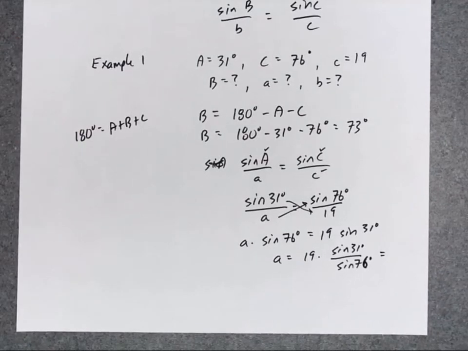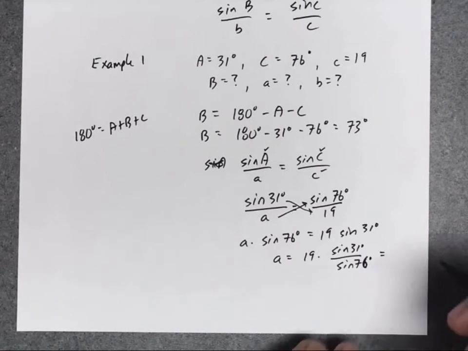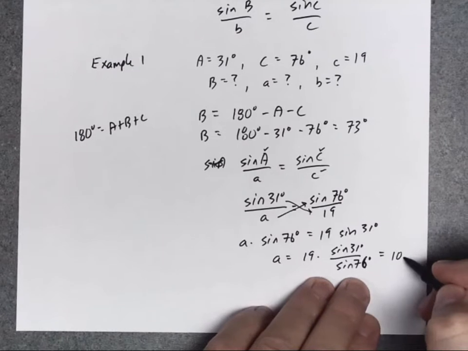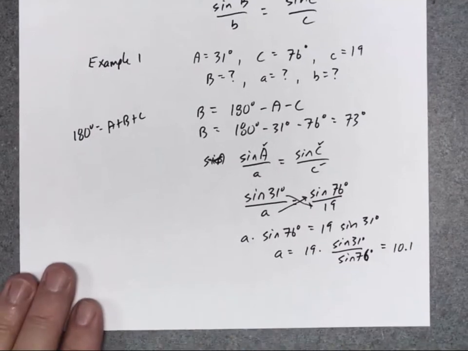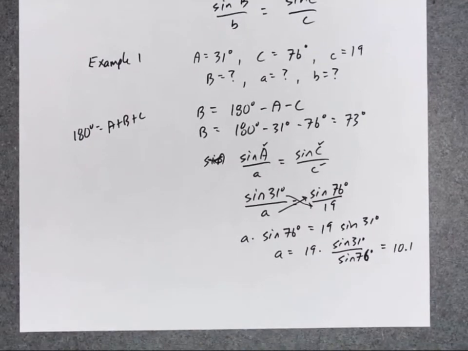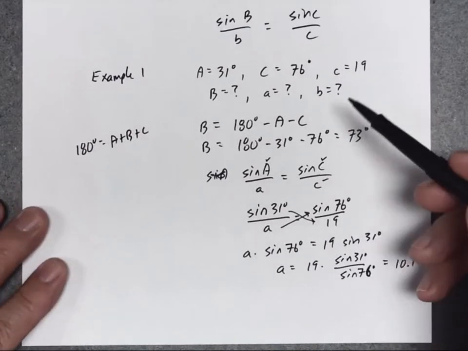So you grab your calculator, make sure it's set up into degree mode. Sine of 31 degrees divided by sine of 76 degrees times 19. And I get side A is a length of 10.1. Now the only thing left is to get